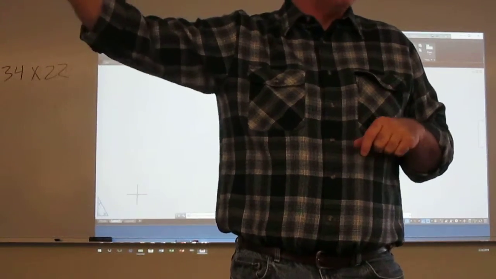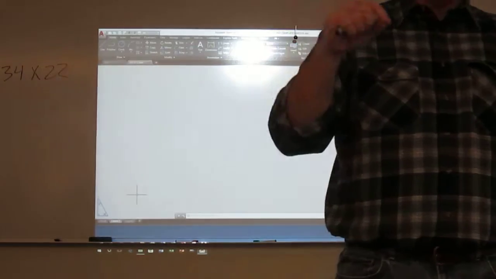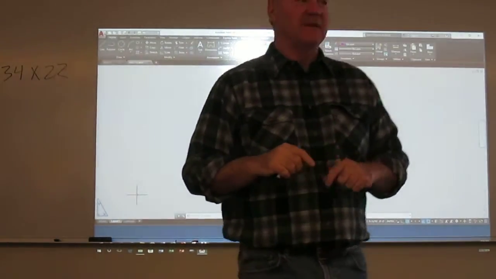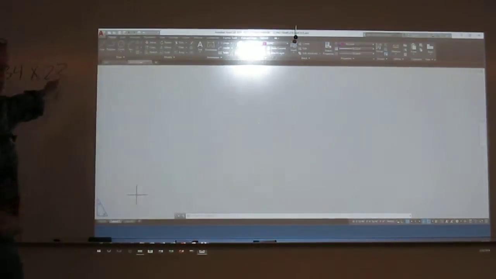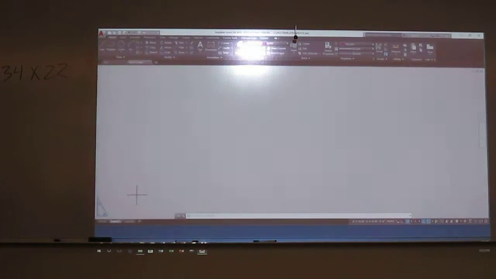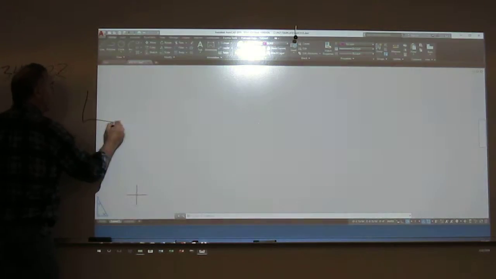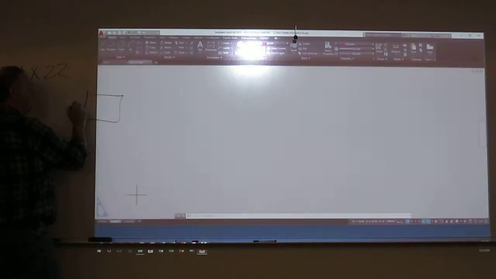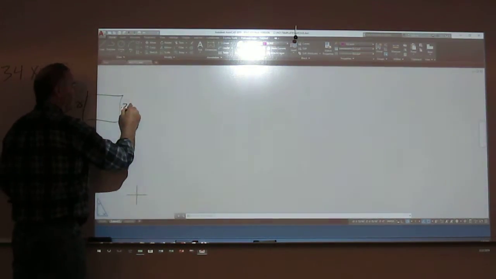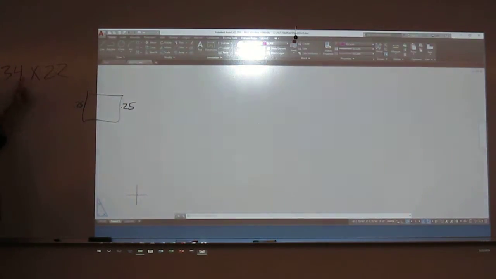How much room does that printer need around the edges? Because that's my sheet size right there. A quarter of an inch. Yeah, this one needs 1/4 inch on each side. Now remember, we need to fudge a hair smaller. Since I've got a title block, it needs a 1/4 inch on all sides. So in essence, I take a 1/2 inch from both of these. So the size of my border is going to be 33.5